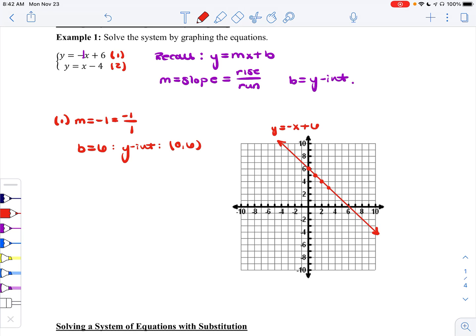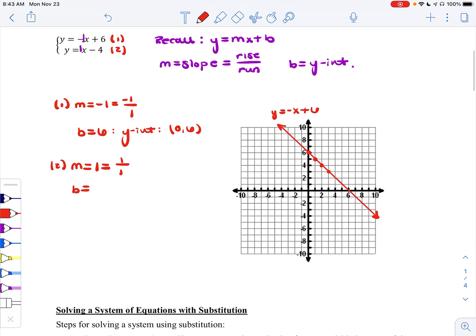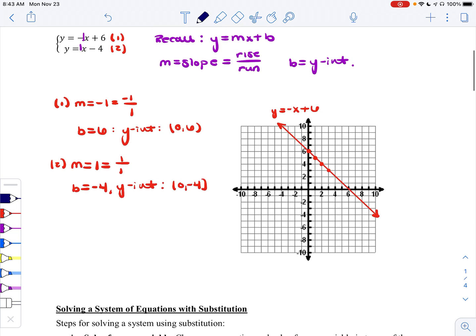Okay, so now let's go ahead and do the same thing with the other line. So for number 2, we have y equals x minus 4. So again, identify our slope, which is that understood 1 out front. Again, if you think of it as a fraction, that's just 1 over 1. Our b value is a negative 4, which means our y-intercept is at the point 0, negative 4. All right, and let's again go ahead and graph this. So starting with our y-intercept at 0, negative 4,